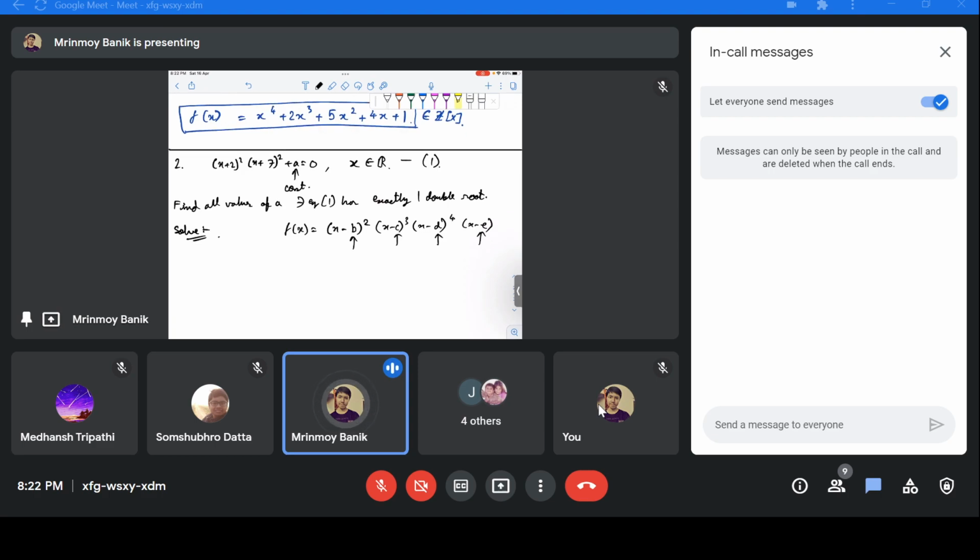So we say f(x) is said to have a root e of order k if and only if f and the k minus 1 derivative of x